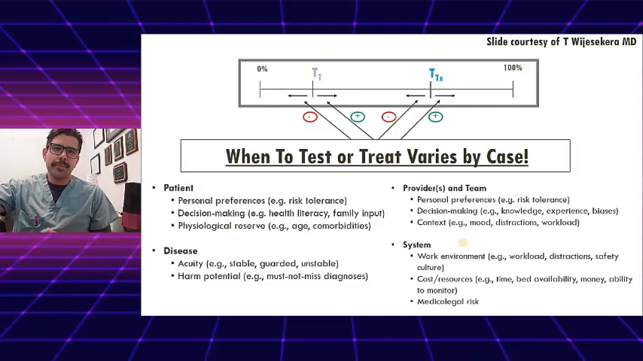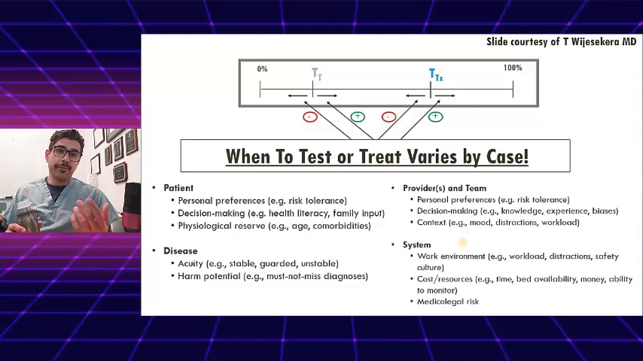And the harm potential of missing something major, like, I don't know, what are the serious problems of the elbow that are going to lead to long-term morbidity and mortality? There probably are not very many. Then, of course, other things are going to influence this as well, the provider and the team. So my personal preferences as a clinician, my own tolerance to risk. In terms of my own decision-making, my knowledge about the diseases I see or my experience with them might influence